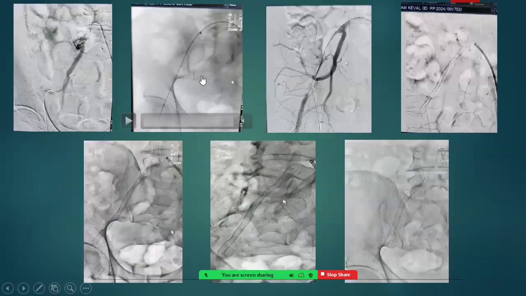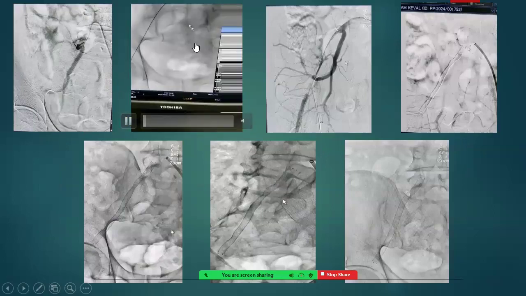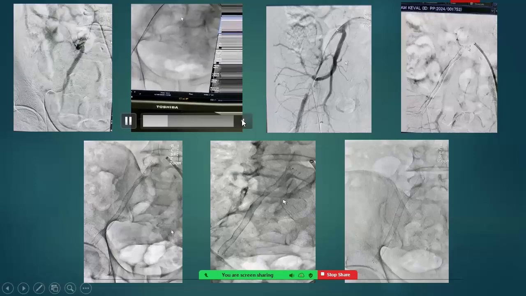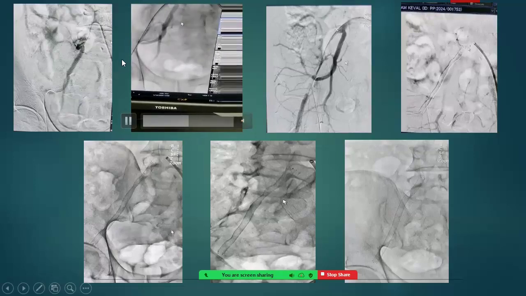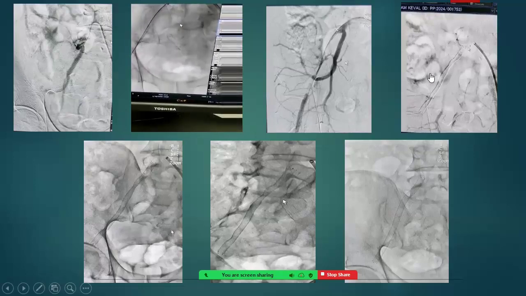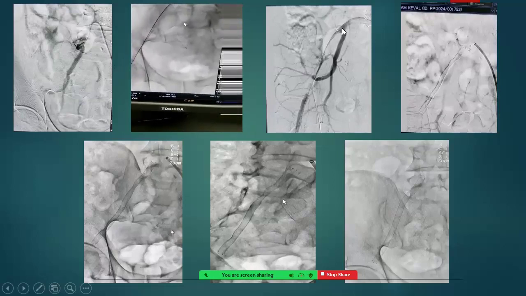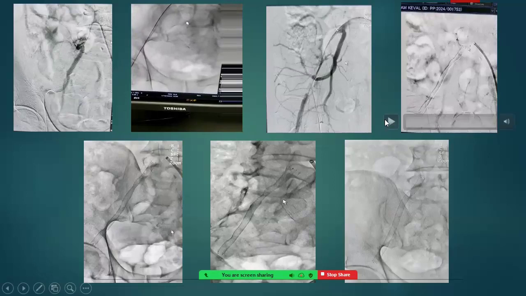So in this case, we first try with only the antegrade approach, rather than the retrograde puncture. Let's see whether we are able to cross with the antegrade puncture or not. So we are able to cross with the antegrade approach, the wire into the common femoral artery. Then we place, as we generally don't inflate the balloon in the external iliac artery, we directly put the stent in the external iliac artery.